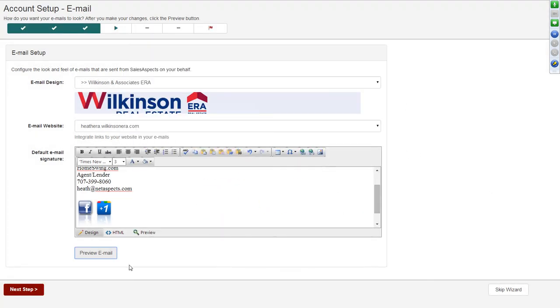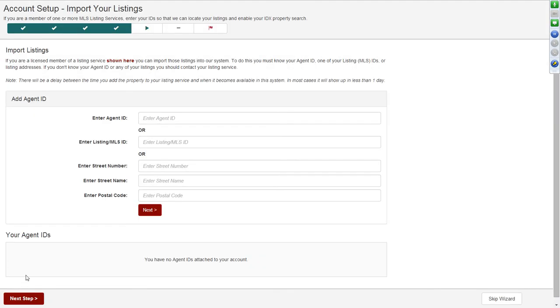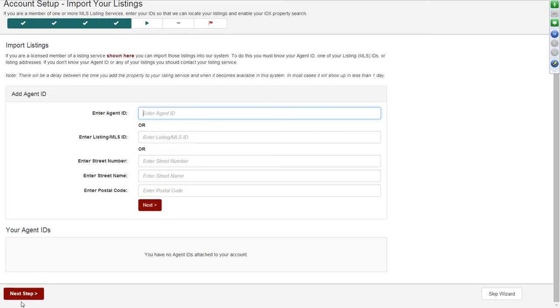All right. Now I'm going to go ahead and go to the next step. That was email. And this is where you put your agent ID, public ID for accessing your MLS data onto your website. So you want to then put in your agent public ID for your MLS data so that you can have IDX, full IDX data on your website and on your back-end CRM. All right, so then we go to next step,